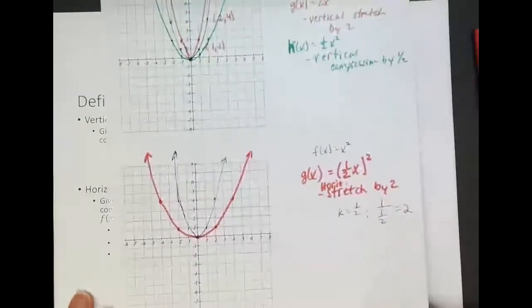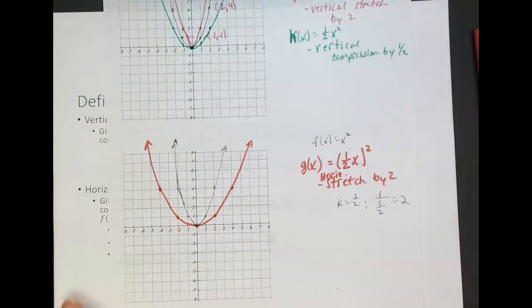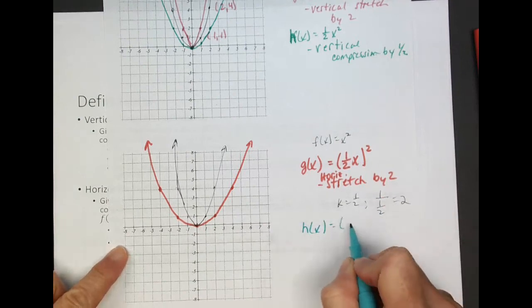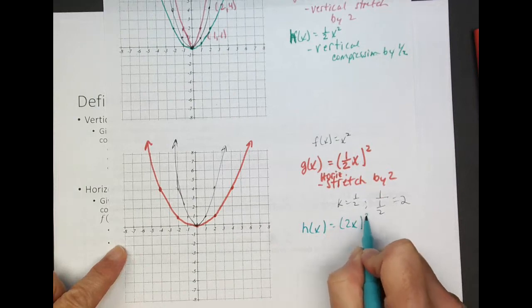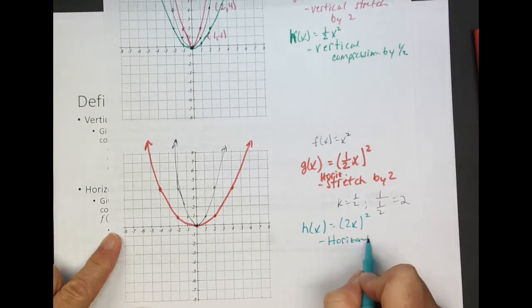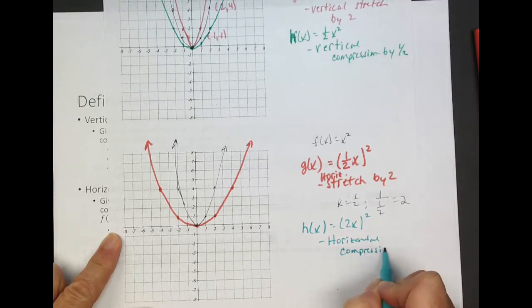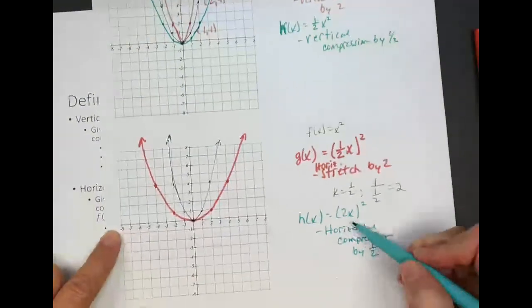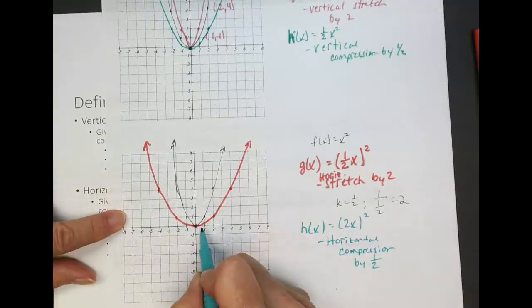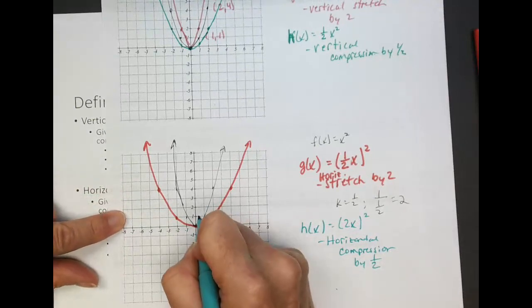All right, and I can also do a horizontal compression, and we'll do that one in how about blue? So say h of x is equal to 2x squared. This is saying I'm doing a horizontal compression by 1/2, right? Because it's 1 over the k. The k is 2, right? By 1/2. So that means that all my x coordinates of any points are going to get cut in half,